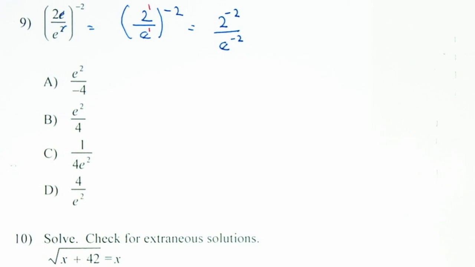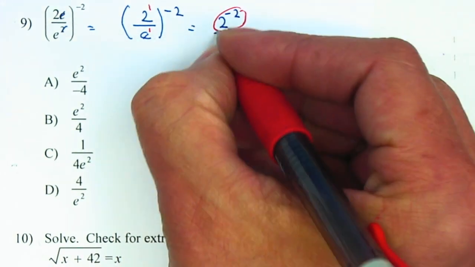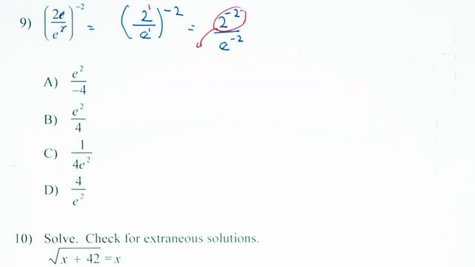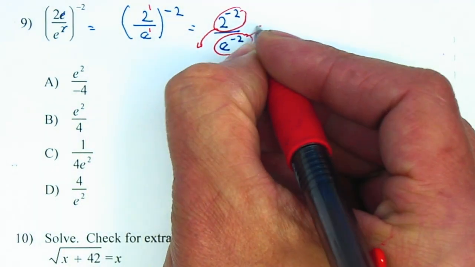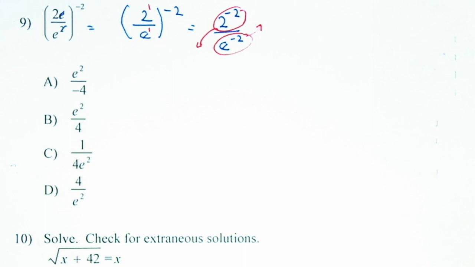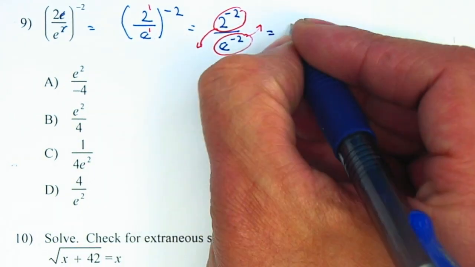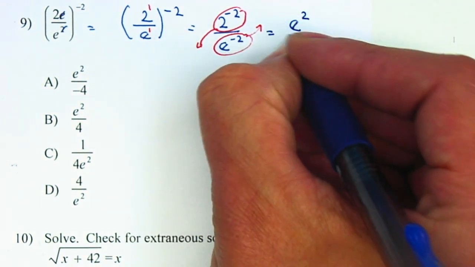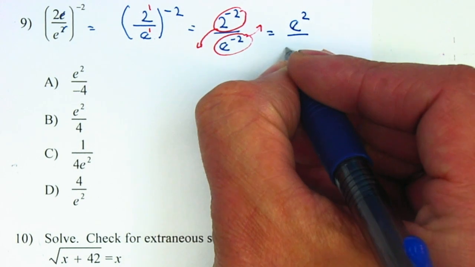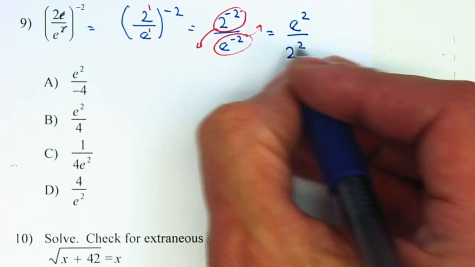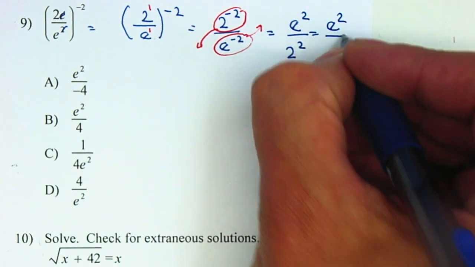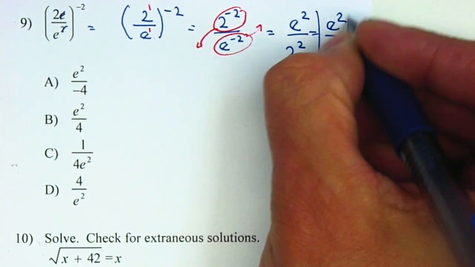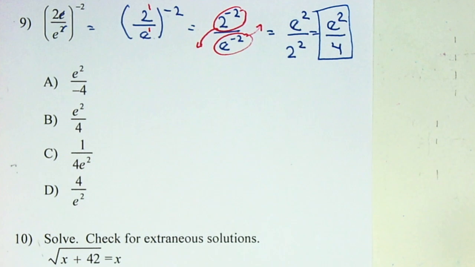If we have a negative exponent, we're going to switch it to the denominator. If this is a negative exponent, we're going to switch it to the numerator. So they get switched. We have e to the second power over 2 to the positive 2 power. 2 to the second power is equal to 4. So we have e squared over 4. And my answer will be letter